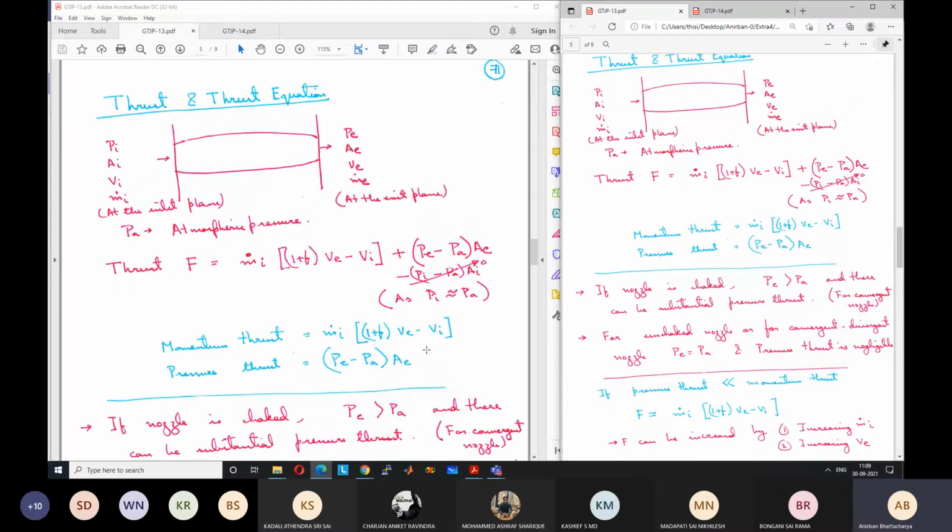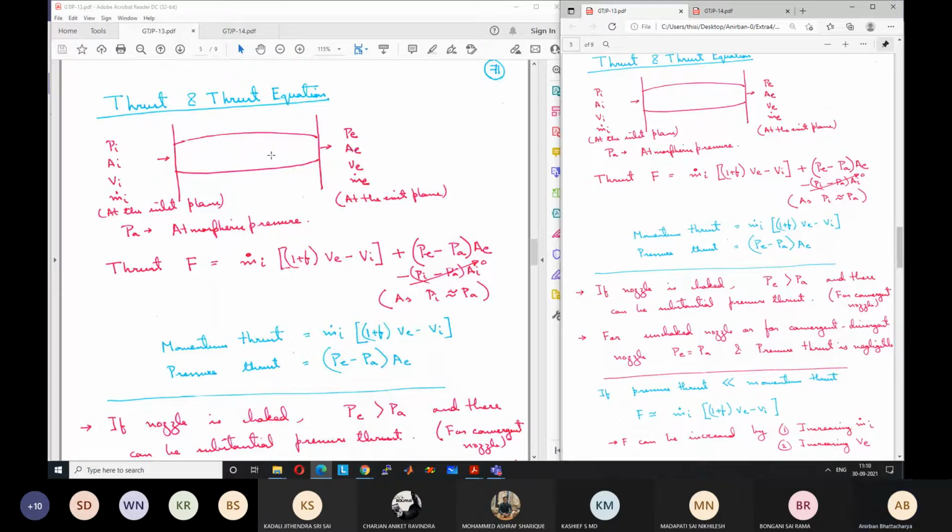So in that case, the thrust, which is denoted by F, can be written as the change in momentum that has occurred. The inlet fluid has a certain momentum and it goes out with a higher momentum. The air, gas, or the mixture of combustion products goes out at a higher momentum, and as a result there is an equal and opposite thrust on the engine itself in the other direction, to balance out.